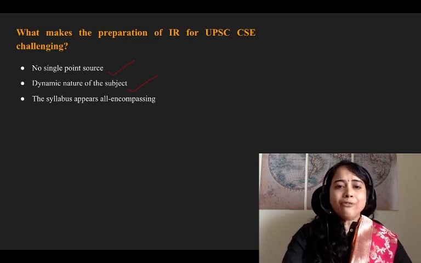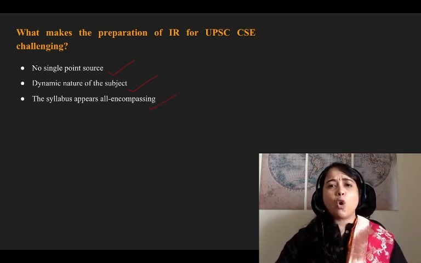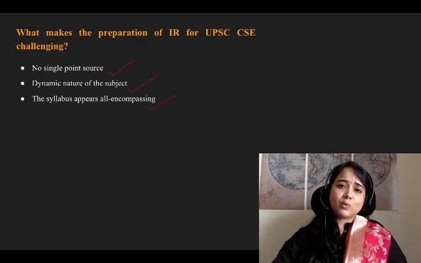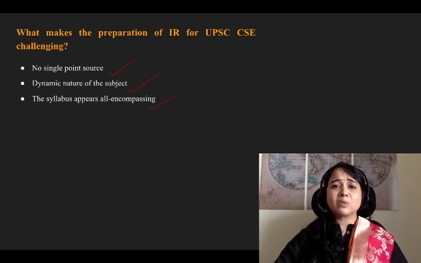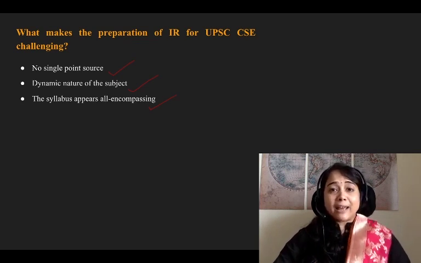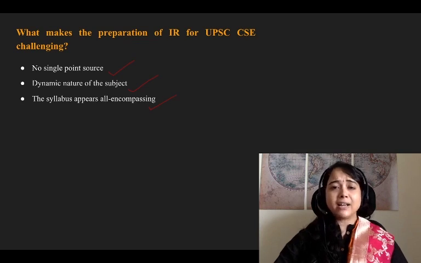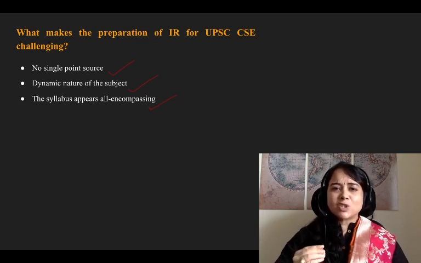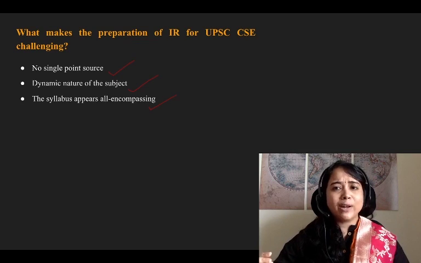And often students find that the syllabus that is mentioned is all-encompassing when it comes to international relations. Like, are we supposed to prepare India's bilateral relations with each and every country of the globe? Or are we going to prepare all the international organizations and regional bodies that are there? So, there is always this fear as to where should we begin and where are we going to stop